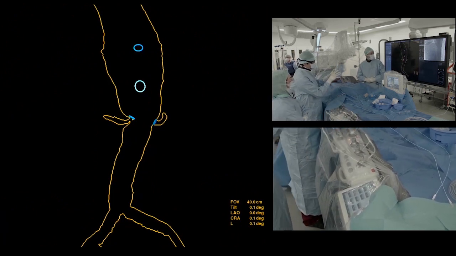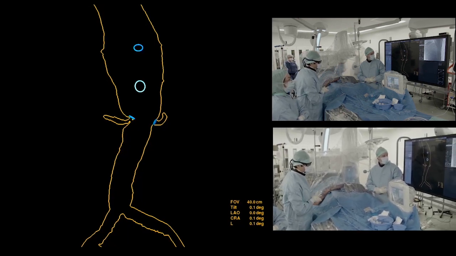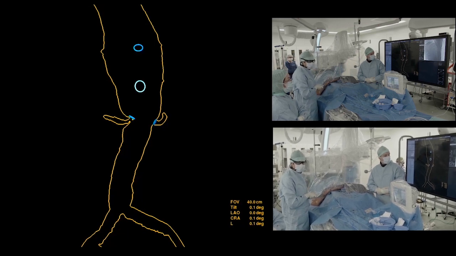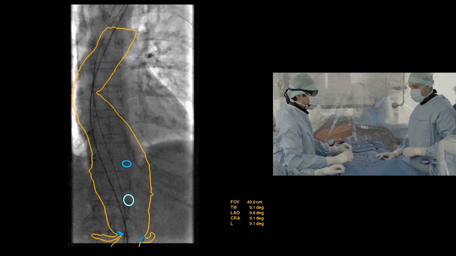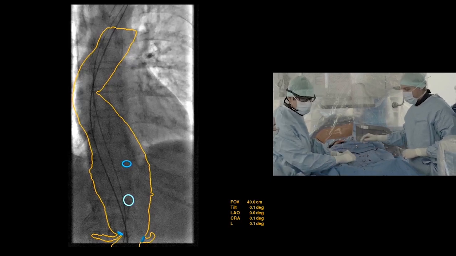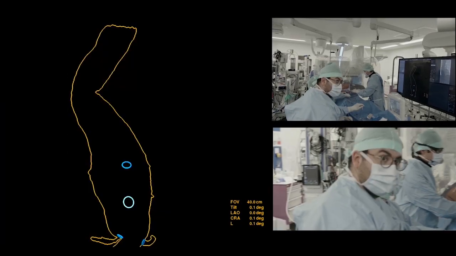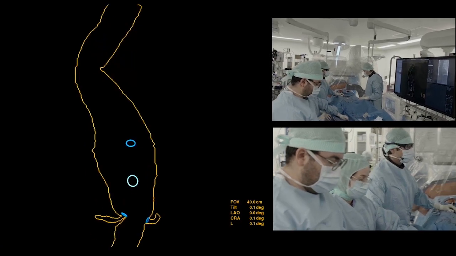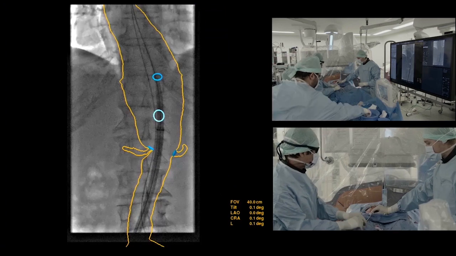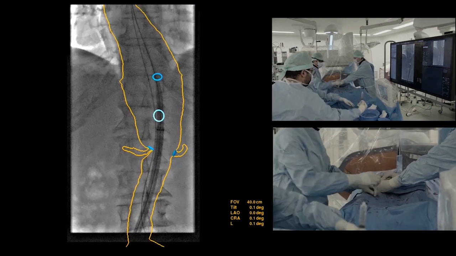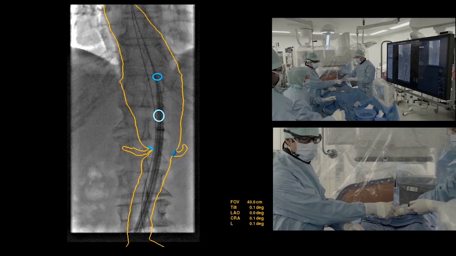This is just the outer line of the aorta, and you can see the blue circles are the origin of the target vessels. So the beginning of the procedure will be to try and access those very challenging target vessels, which are the celiac trunk and the right renal, to pre-stent them. With the fusion mask, I can position the table and the gantry. I have inserted a 20 French sheath in which I'm going to advance